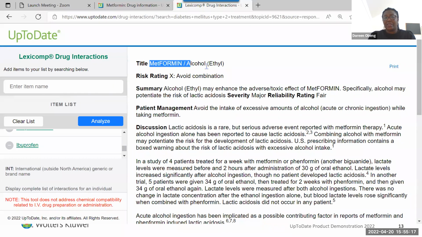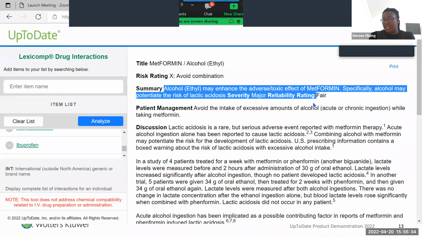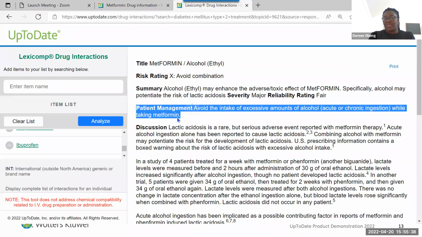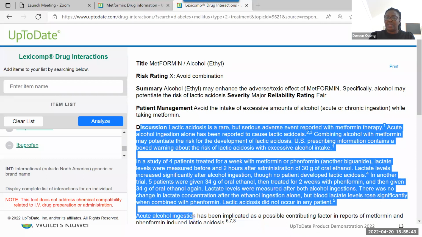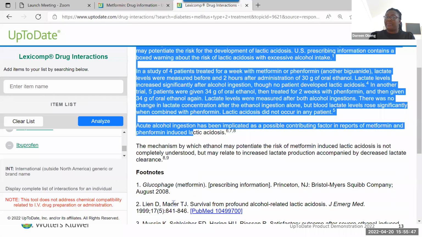As you can see, I have clicked on it. It has given us the combination, why, what to do. We need to avoid the combination, but also a short summary and how big is the possibility that this combination will give side effects? Well, it's rated as fair and very major. How to manage the patient is included, and the discussion around it regarding the studies that are being used to